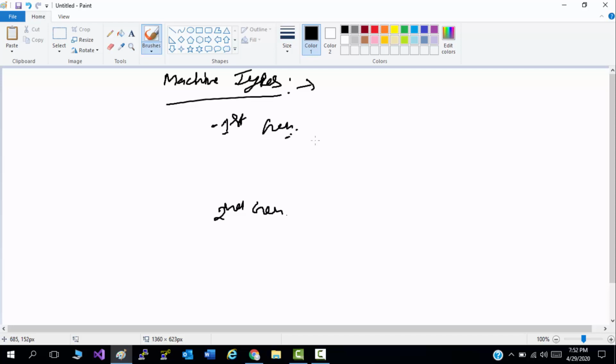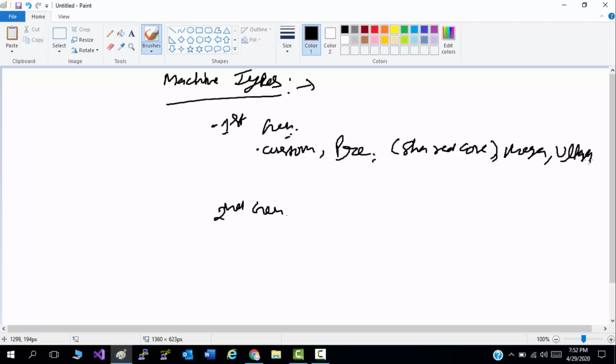First gen VM means first generation VM. What you can do is create custom or predefined VMs. In predefined you can use shared core, mega or ultra, and GPU based VMs you will get in first generation.